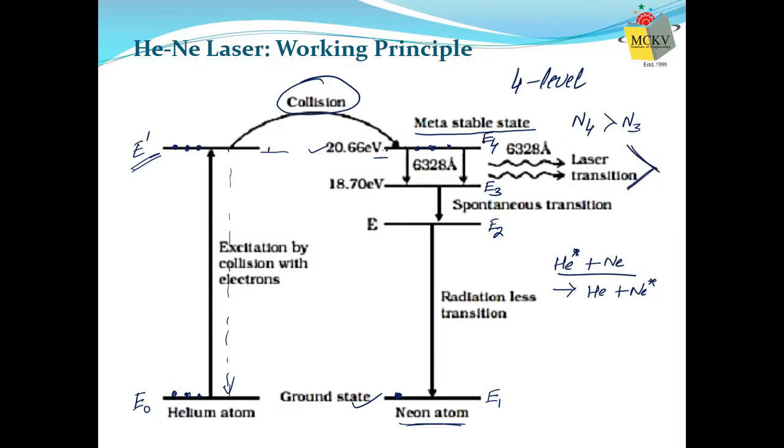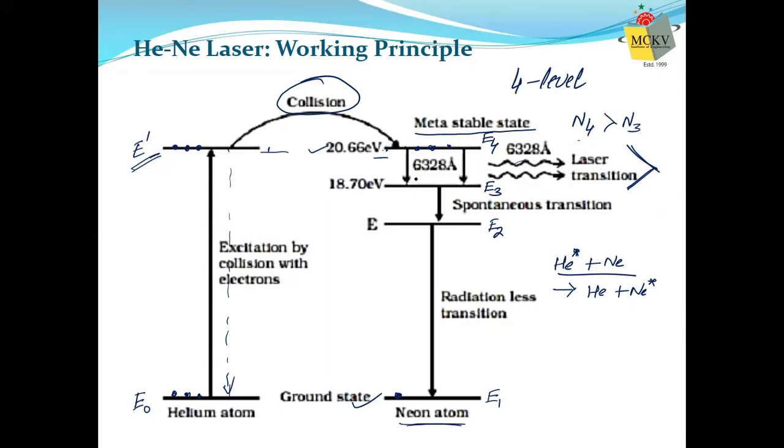Therefore, some atoms will be de-excited to E3 by spontaneous emission. Some photons will be created. You will again trap those photons which are moving in a particular direction. Those photons will trigger the stimulated emission process, so that now two photons are there: the emitted photon and the stimulating photon. You will trap those photons again, and the process will continue, so that we get amplification. So between E3 and E4, we get the lasing beam, because between these two we get the stimulated emission, because between these two we get the population inversion.